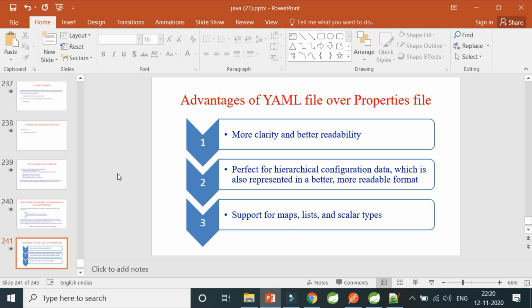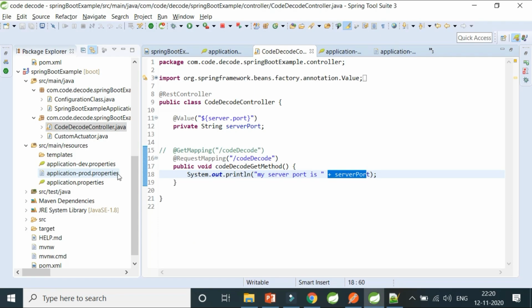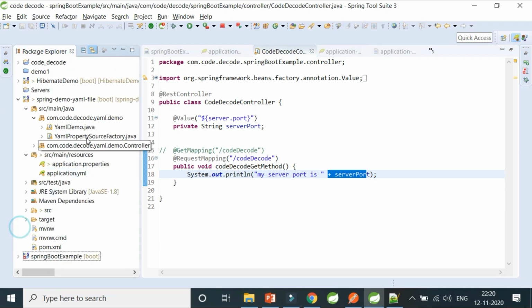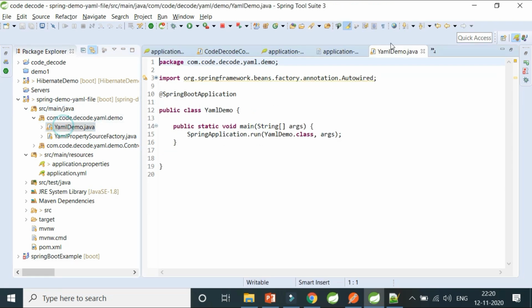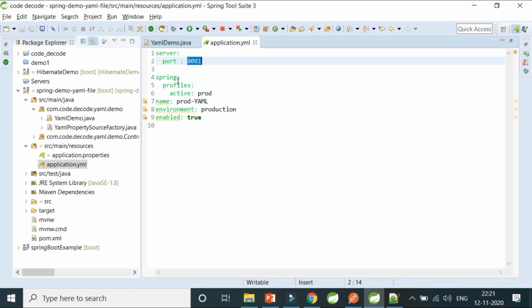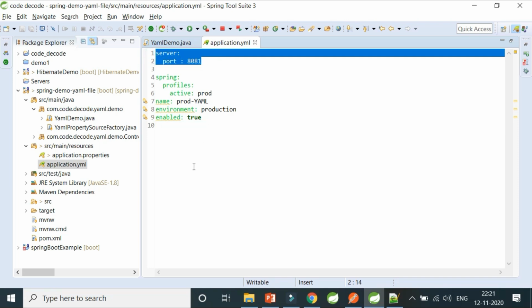So first, going to this question of why to use a YAML file, I'll show you how to use a YAML file. This is an application I've created for you. Let me close everything so that it's not difficult for you to understand. Now I have this YAML file created for you. It says that my server port should be 8080 and my profile should be prod. So this is how your YAML file looks. It's like a key value pair where you have a hierarchical structure rather than this dot this.